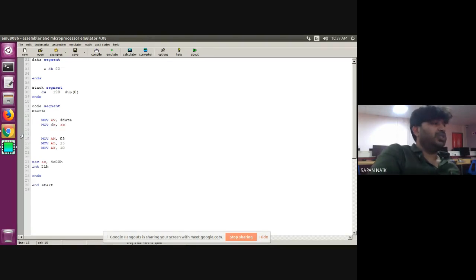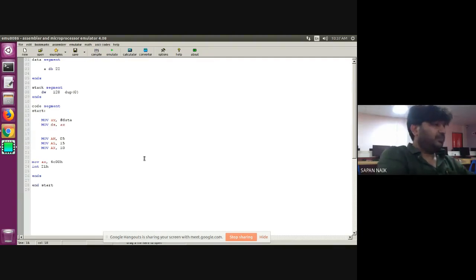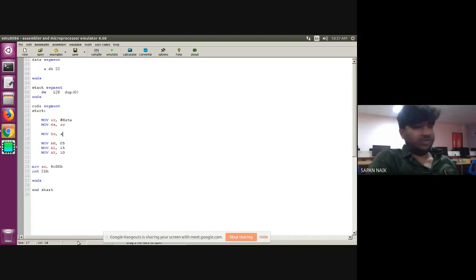These two instructions we always write to tell our assembler that my data segment contains something. Now A is 22, right? So suppose I write MOV BX, A. The data of A will be copied into BX.